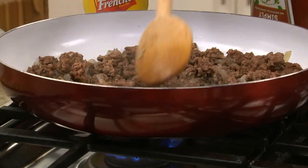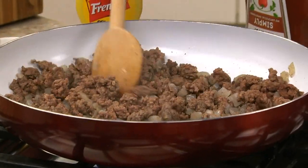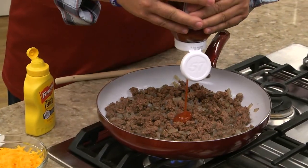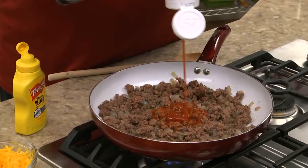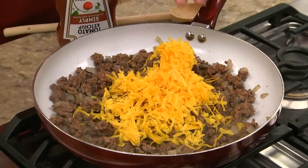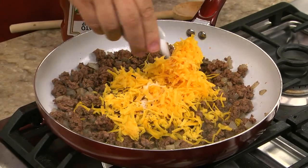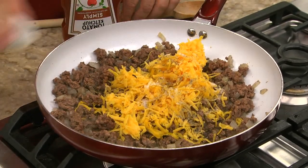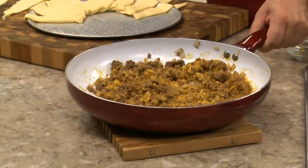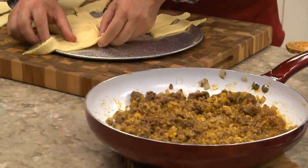We start by cooking ground beef with a chopped onion until the meat is browned and it's well crumbled. After draining off the drippings, we add some ketchup, mustard, cheddar cheese, and a little salt and pepper. After letting this cook for a few minutes, we take it off the heat, and while it cools slightly, we